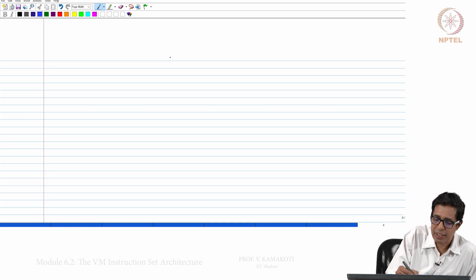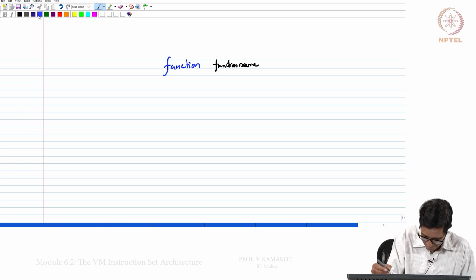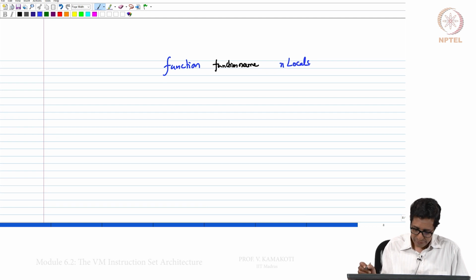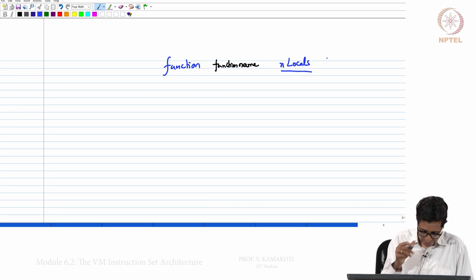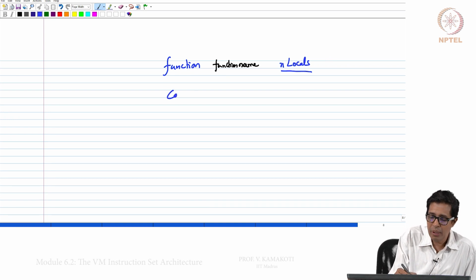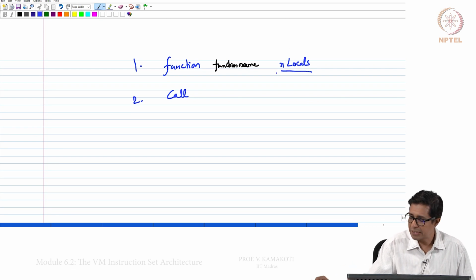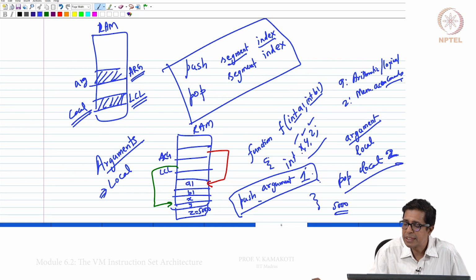The first one is function name and n locals. This basically tells you how many local variables are there in the function. For example, in our previous case, this had 3 local variables, x, y and z.